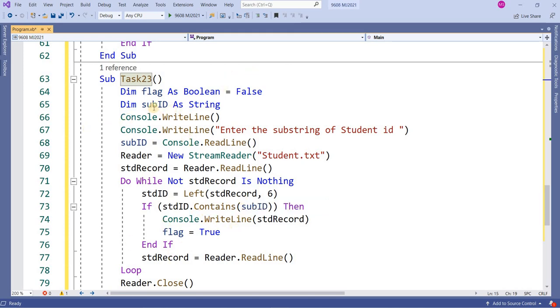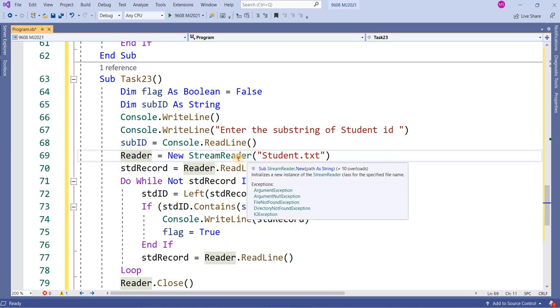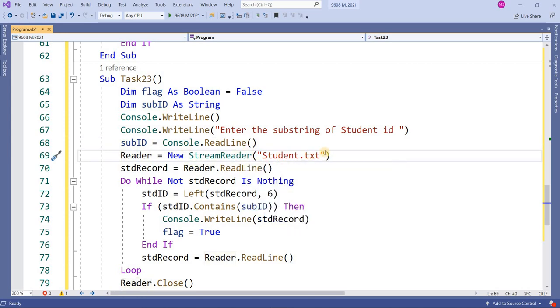I declare sub ID as a string, and here I'm going to enter the substring of the student ID that will be stored in the variable sub ID. This is the reader that is used to open the file, and the file name is student.txt.